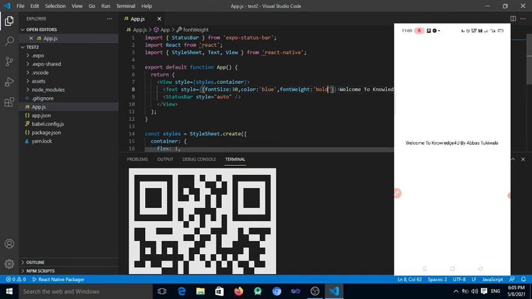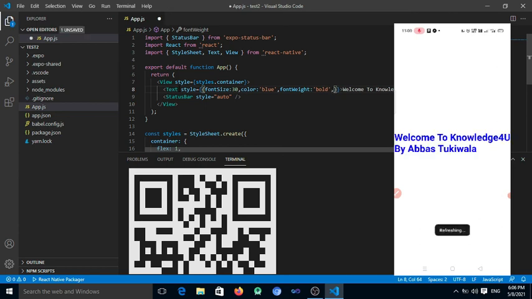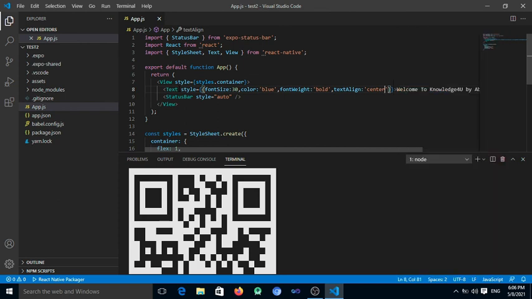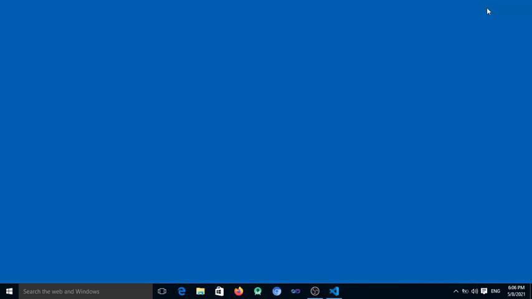After saving this file by pressing Ctrl S, after refreshing, the message will be updated. Now we align the text to the center. So the text will be aligned to the center. So this is simple code. Easy steps to set up your application in React Native.